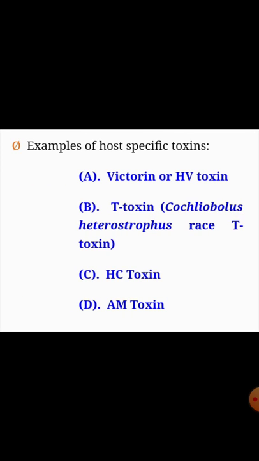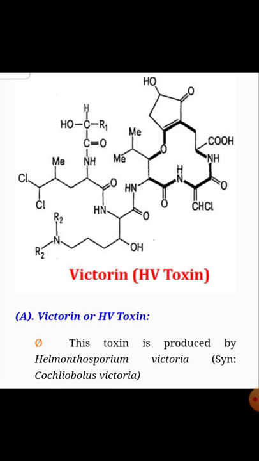So what are the examples? And you can see here the four examples we have with us for the host specific toxin. The first host specific toxin is Victorin. Then second, T toxin, and third, HC toxin, and fourth, AM toxin. So first of all, we will discuss Victorin. You can see here the structure of Victorin. Then this toxin is produced by